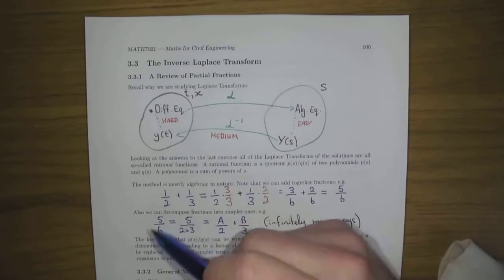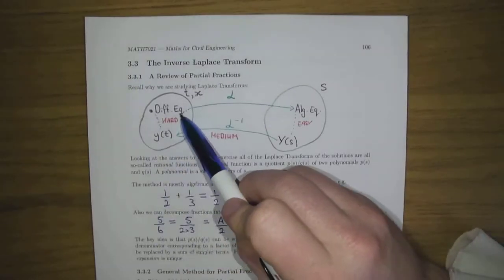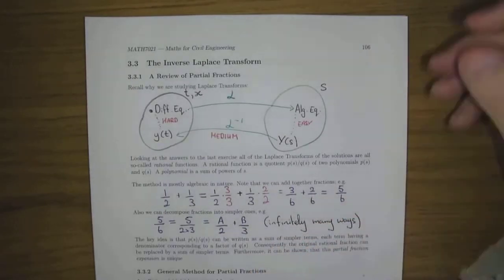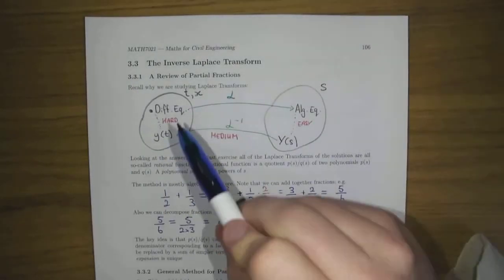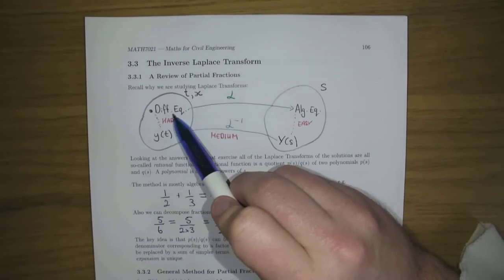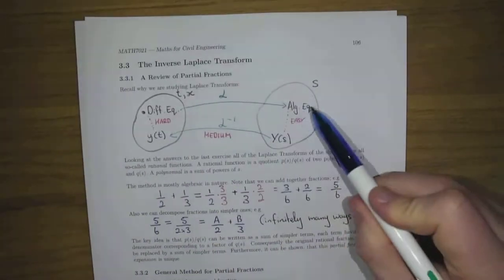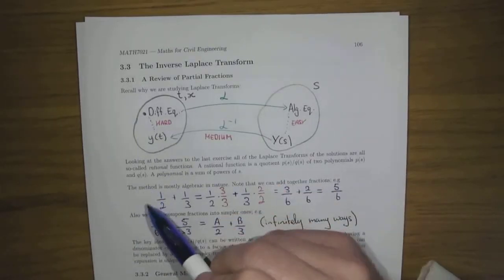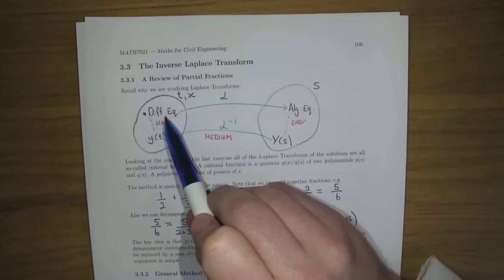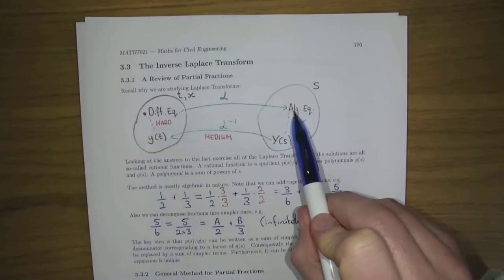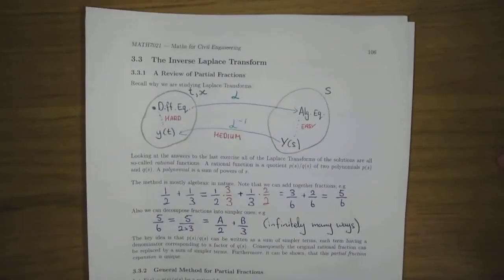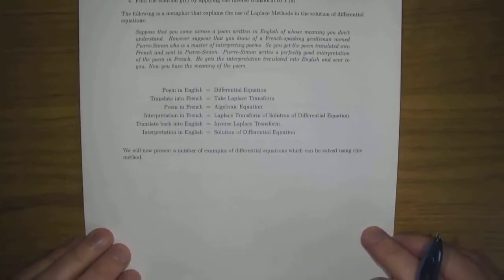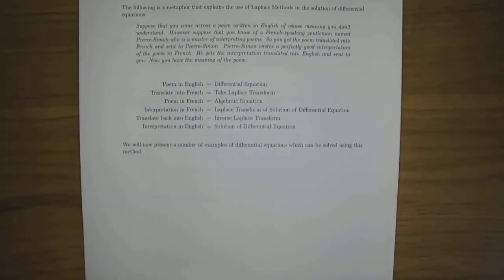Now, in that metaphor, we translate it into French, give it to someone French, who is more poetic and can understand it. Rather than going from English to French, we go from a differential equation to an algebra equation. And we'll write this now on page 125. Derivatives get turned into multiplying by s. So this is also in your big table, somewhere down the bottom of your big tables.